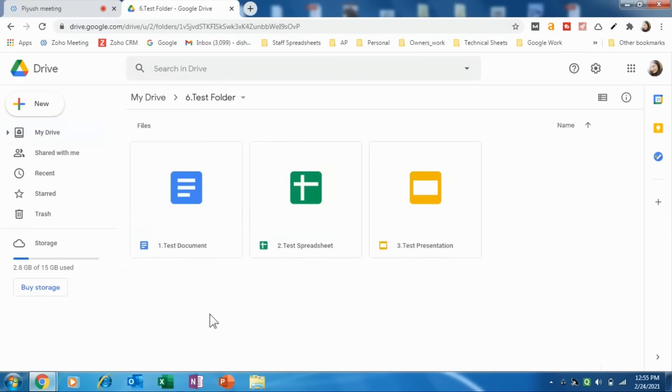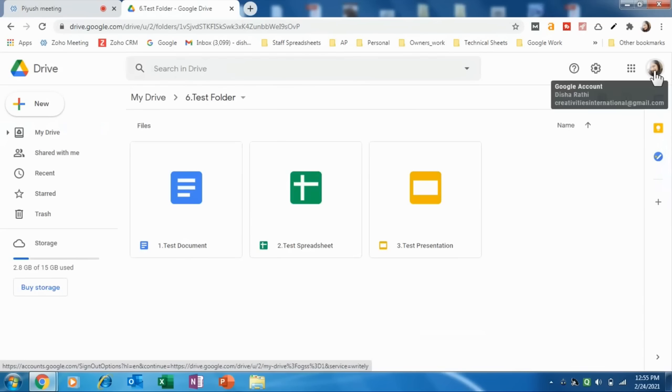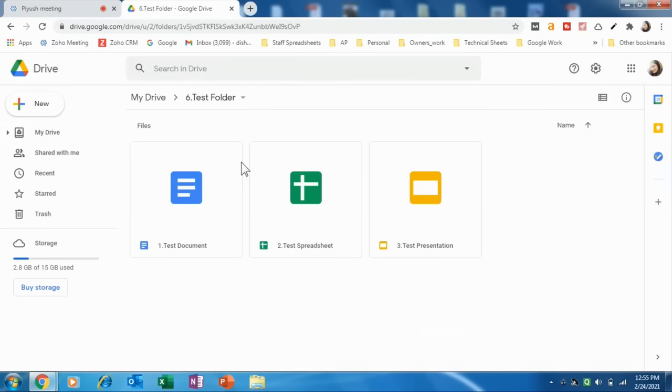Just double click on this. In this you can see all the files that you have created. Amazing it is. So in this way you can organize. So wherever you open this particular Gmail account from, you can access it from your desktop, your laptop, or your mobile too. On the mobile, just log into this particular Google account and access the drive, and you can see all the documents on the mobile also. So in this way, you can organize your work in Google Drive in a proper way.